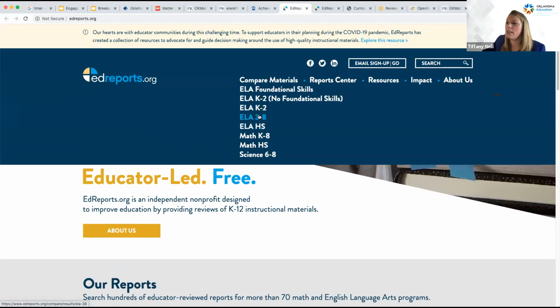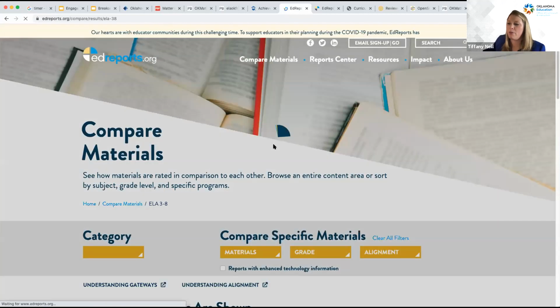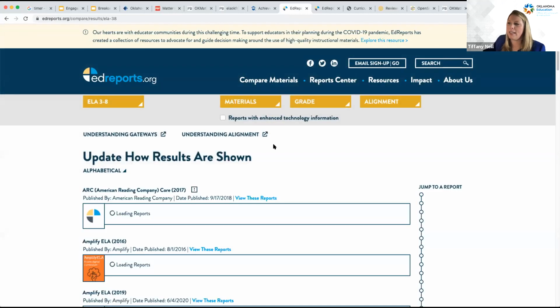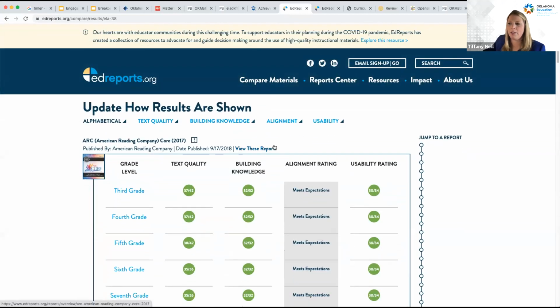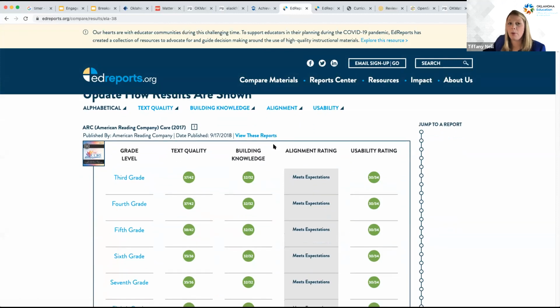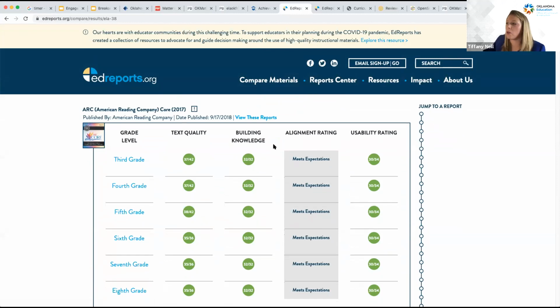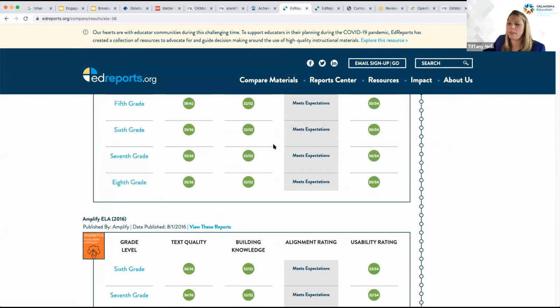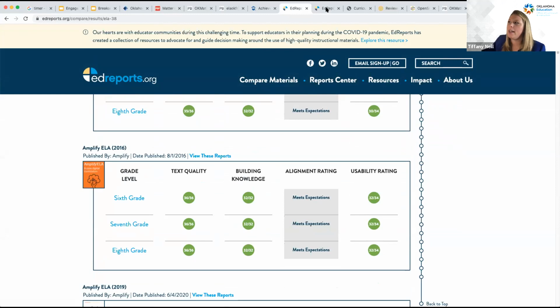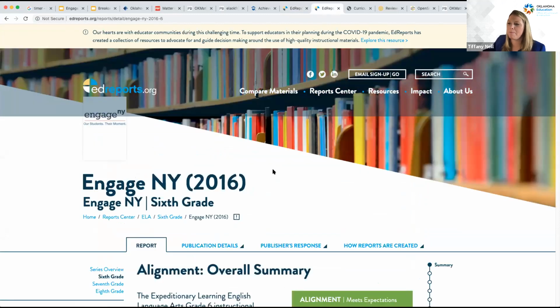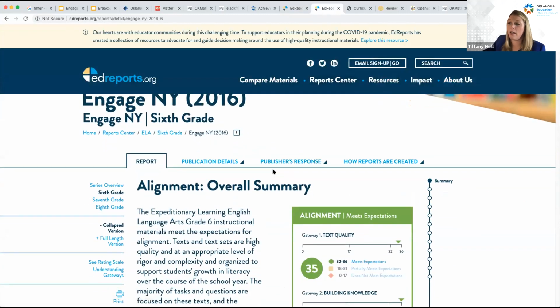But you can take a look at, let's say, ELA at 3rd through 8th grade, and you can see a list of materials, again, both vendor-based or cost and OERs, and it'll tell you the quality of those materials. Again, here's a list here. I'm going to go to one specific report on a curriculum.